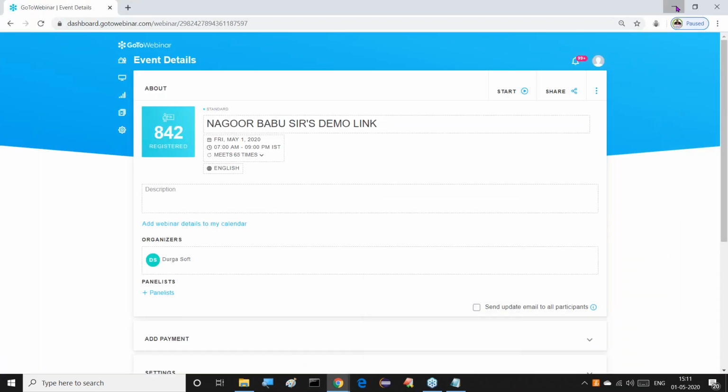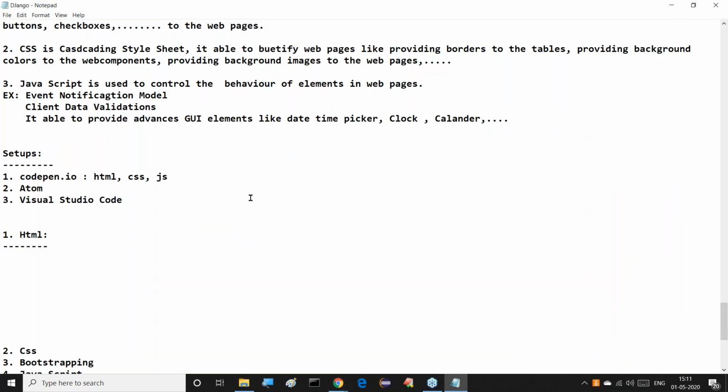After completion of this particular thing, what I require to set up next, the second thing, is Atom. Atom is an editor, more than an editor, but it is not an IDE. An execution process is not available with this; execution is mainly available with IDEs. So we can think of it as more than an editor but less than an IDE, but a very good platform to prepare our applications.